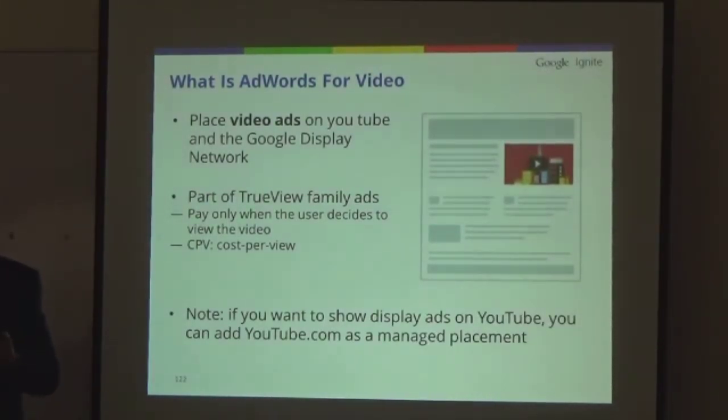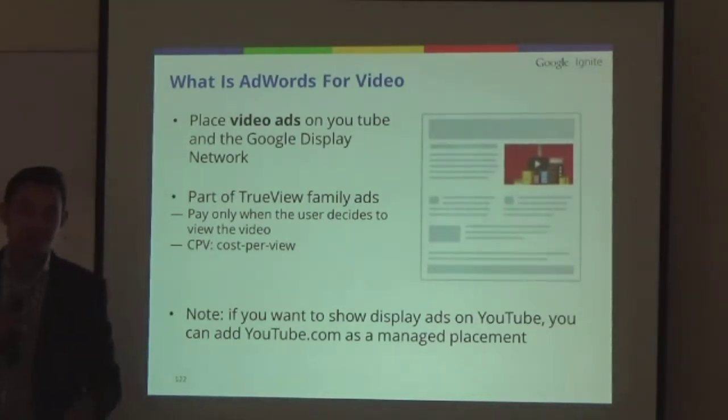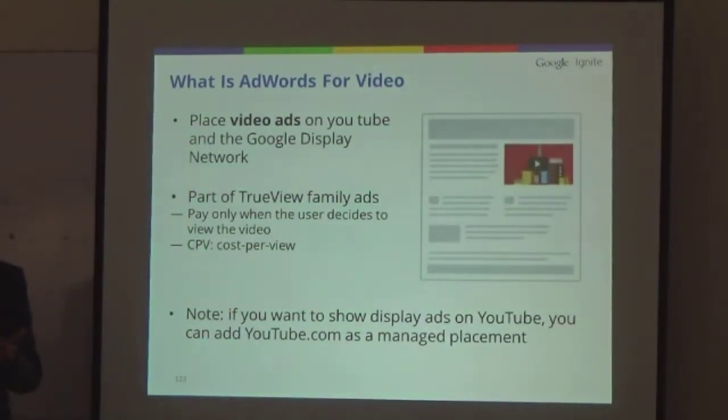Only when the users actually allow those 5 seconds to pass and watch at least 30 seconds, or to the end, only then will YouTube charge the advertisers, or in this case, Google Display Network will charge the advertisers for that view, which leads us to the pricing model of the TrueView